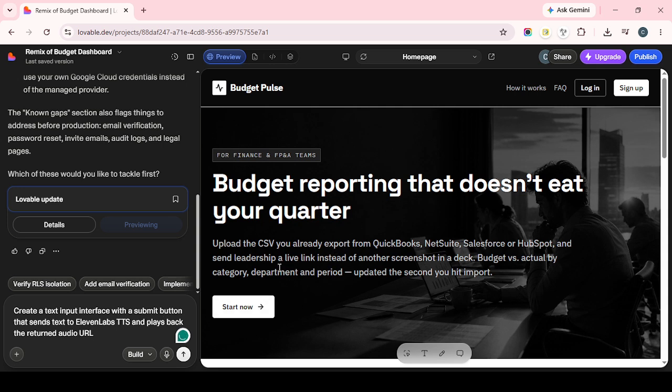In the prompt area, enter this instruction. Create a text input interface with a submit button that sends text to 11 Labs TTS and plays back the returned audio URL. This prompt clearly explains the interface you want and the behavior you expect. Lovable should then generate a simple UI where a user can type text, submit it, trigger a text-to-speech request, and receive playable audio in return. Once the interface